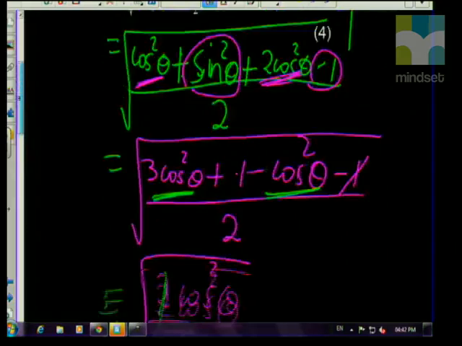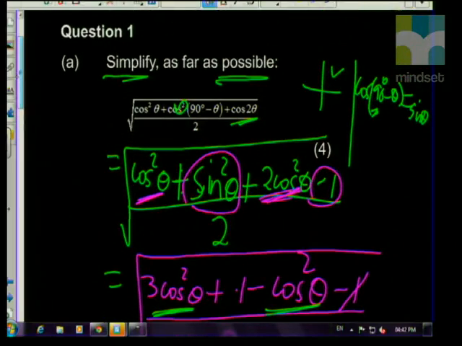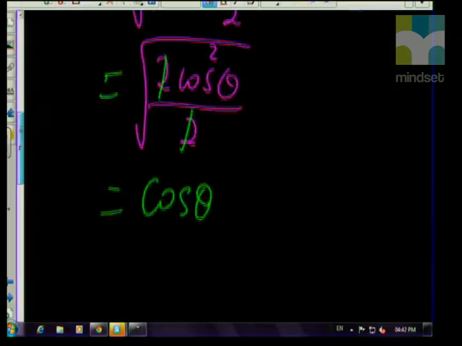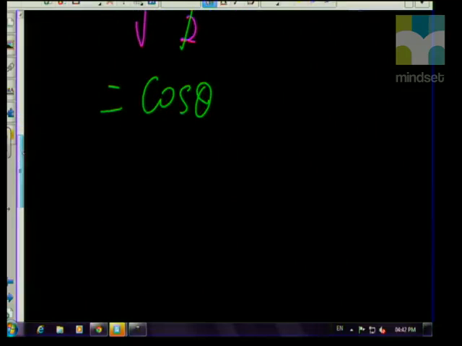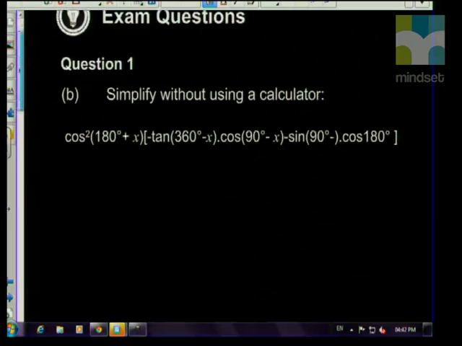I hope that helps, guys. So you simplify this as far as possible, right? You apply your trig identities. So that is why we said at the beginning of the lesson, you go back to your grade 10 identities, grade 11. So you must make sure that you, before you go write your exam, you have mastered all those, right? So now, guys, I'm going to move on to the next question,